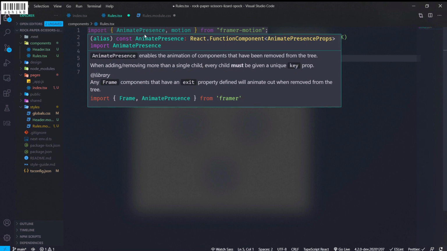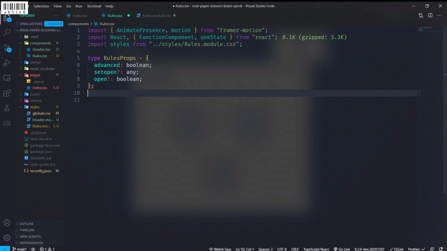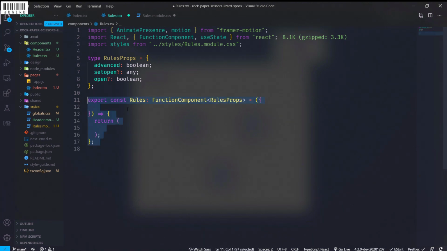So notice I have already imported AnimatePresence and motion, React FC, useState and styles. Now useState is not required, but I have just imported it in case. So here I will define the rules props, which if you are using TypeScript then obviously you need to do. Advanced will be boolean, setOpen will be any because it's a function, and open will also be boolean. So now let's create this functional component, and here it will take the three props, open, advanced and setOpen,